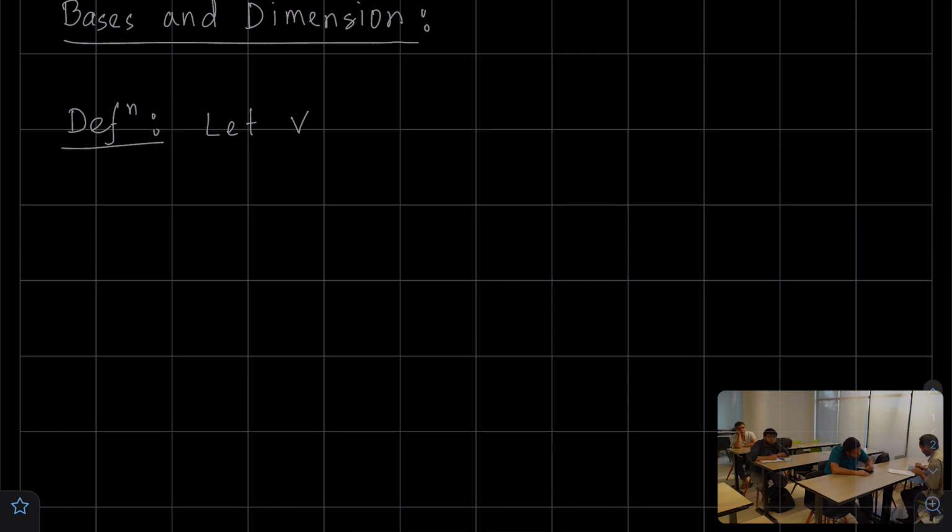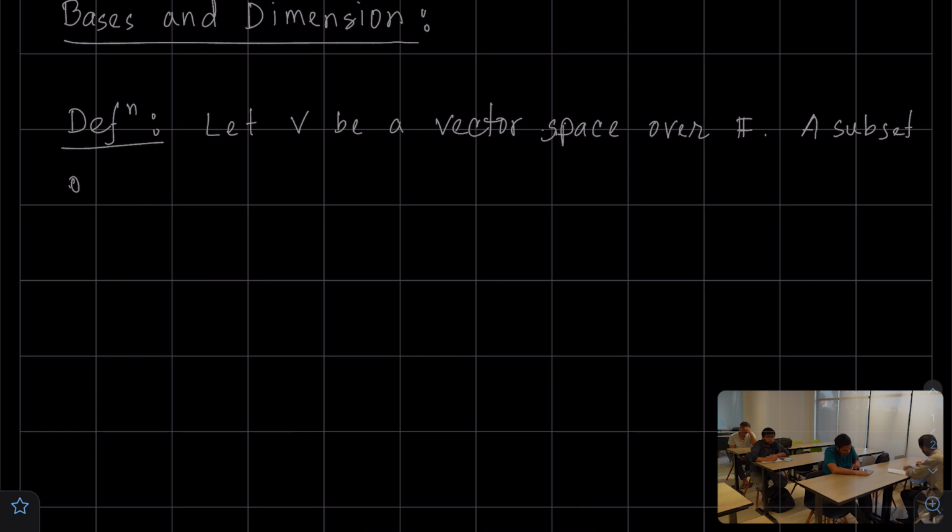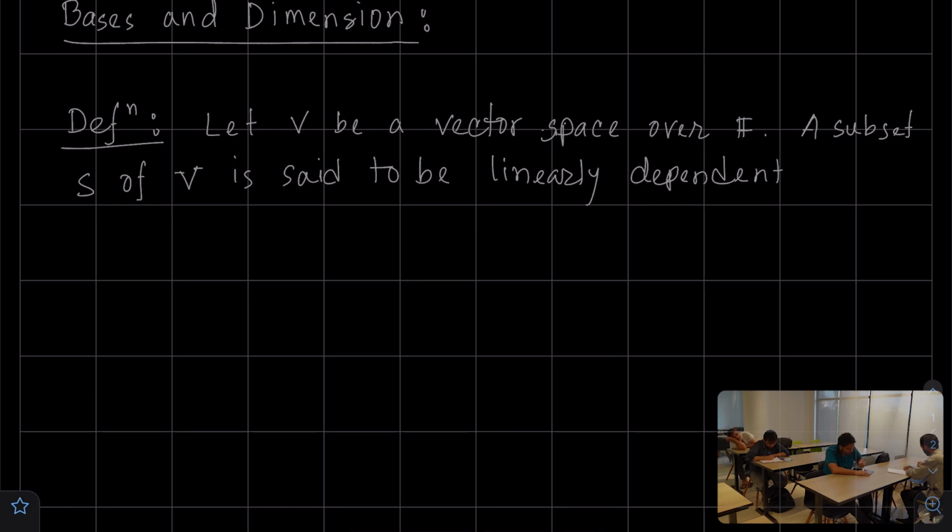So let's start with, let V be a vector space over the field F, and let us consider a subset S of the vector space V. It is said to be linearly dependent if there exist distinct vectors